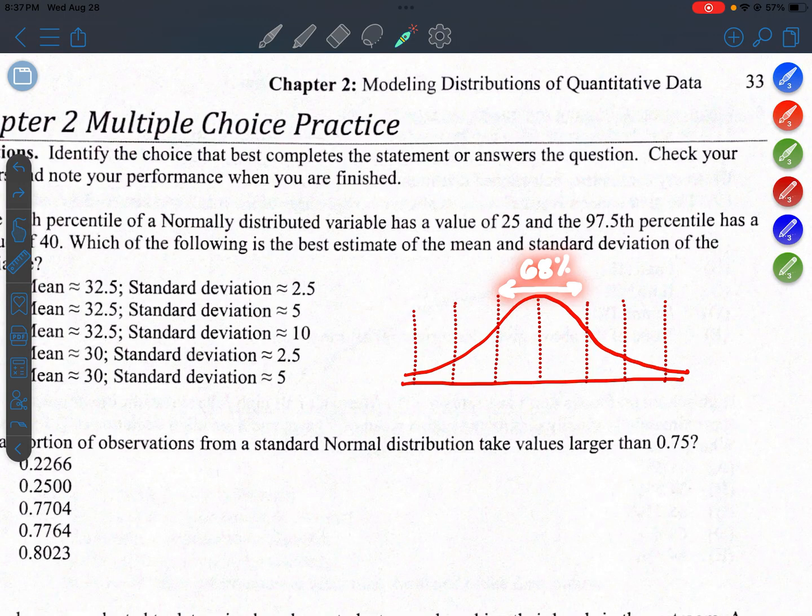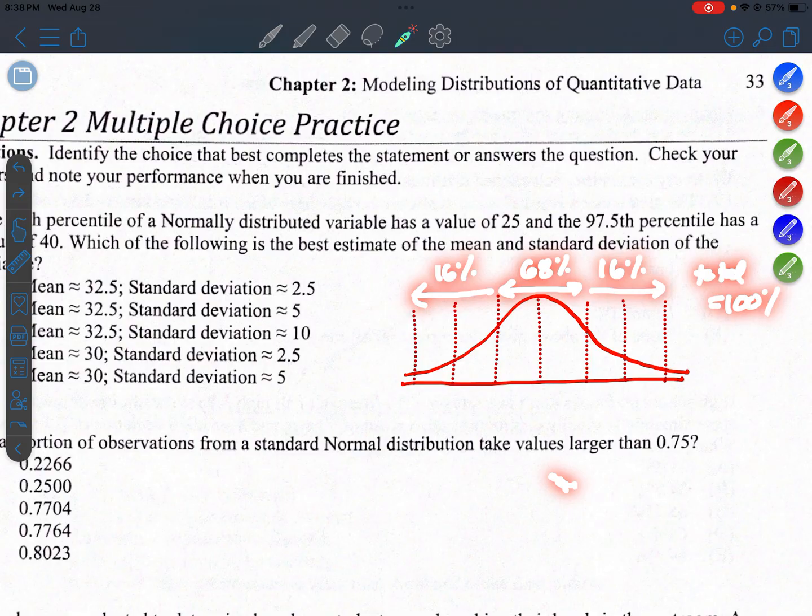falls within one standard deviation, okay? Which means there's another 32% that needs to fit somewhere in this curve, okay? 32 divided by 2 is 16, right? So 16% of the data are below the z-score -1, and 16% of the data are above the z-score +1, right? That gives a total